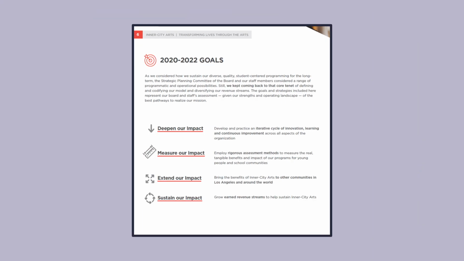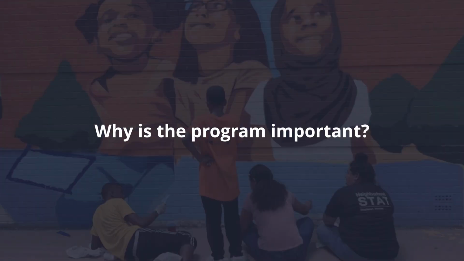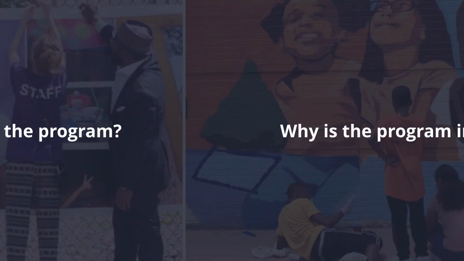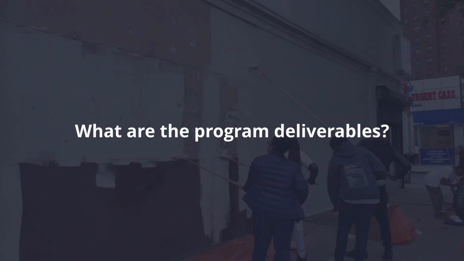Your program curriculum should have learning objectives and goals for your young people. It must be created with intention. Why do you want to put on this program? What purpose is it bringing and benefits is it bringing to your cohort and to the greater community? Are there any deliverables that you hope to get out of this program? Are there deliverables that your funders are requiring?